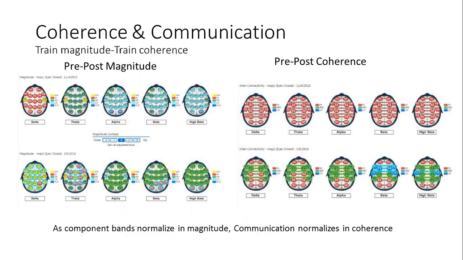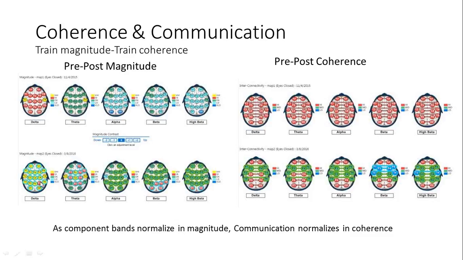Let's look at coherence and communication. If coherence is meant as a communication method within the brain, you can see here's a pre-neurofeedback magnitude map and then a post-neurofeedback magnitude map. And this is pretty impressive because this is pretty low power in alpha and beta, and they got this power normalized with neurofeedback, which is rare but very cool. The other thing to note is since they normalized that, really what happened is the power increased across the board. And now we have a new picture,